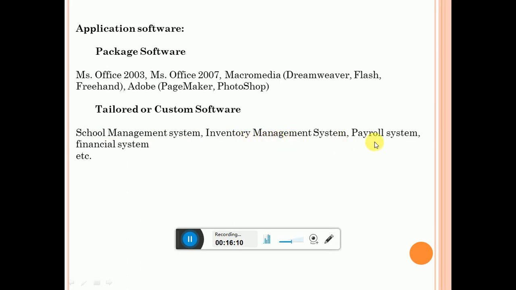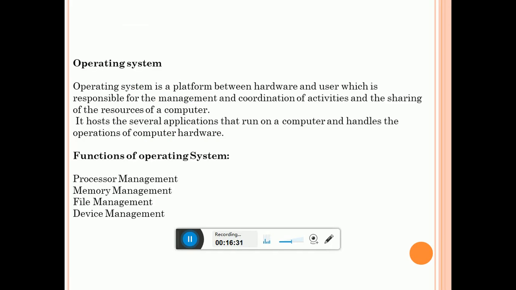If it is another company, they should pay the employees, so they will maintain a payroll system, financial system. These are all according to the usage. They will create an application and it will be installed in the system. A package is already present, we can open and use it. So this is called application software.